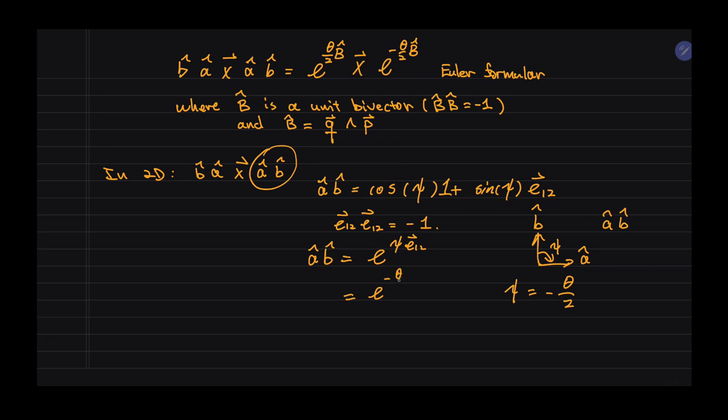So it will become this exponential minus theta divided by 2, with a bivector E12 basis. And you can see that this is why we can write it in this way. And B and A